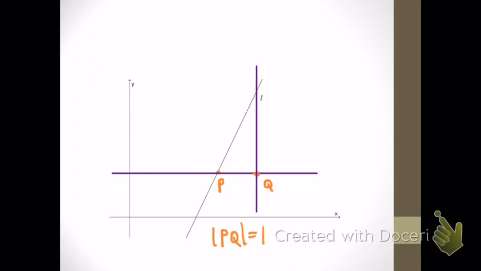So there's Q, and where it crosses my line, that'll be the R. So we still have this triangle PQR, where this distance from P to Q is 1. Right here, this distance is 1. And this distance here is going to be my slope, distance QR,